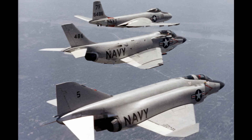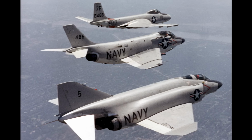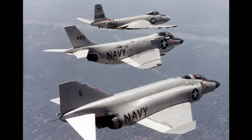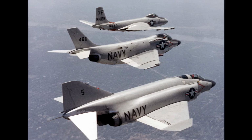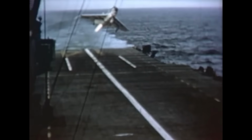The Skyknight had been too fat to operate from a carrier, and good though it was, the interim Big Banjo was a day fighter with a radar rather than a true all-weather night fighter. In spite of the fact that it never fired a shot in anger, the Demon's sophisticated and complex valve-based weapon system actually worked, albeit only after extensive training of pilots and system techs. The lengthy and complex process of education and process development was the real beginning of the eventual modernization of all